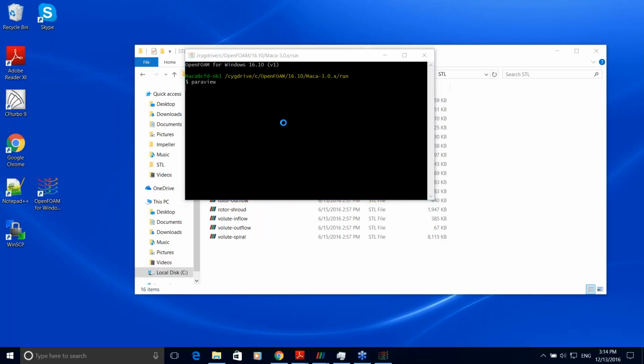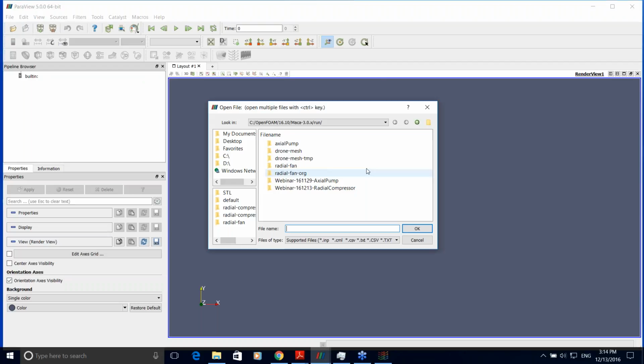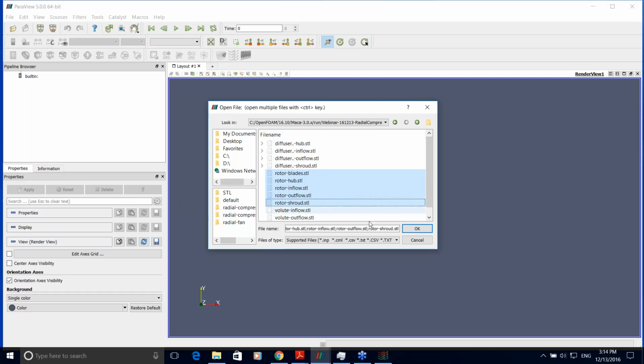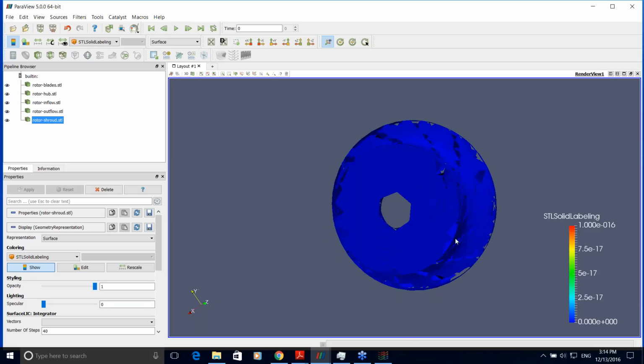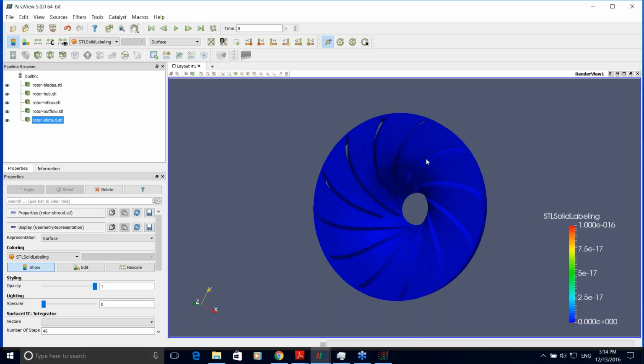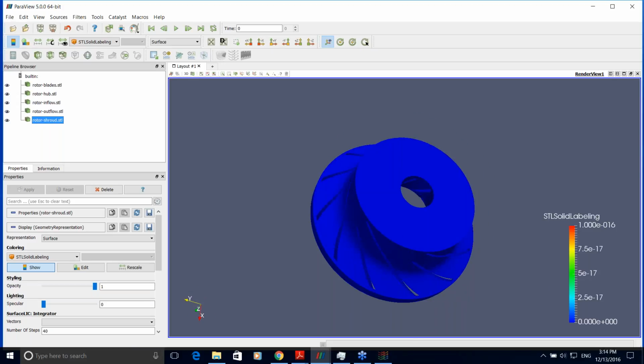So ParaView will be opened, and you can find these STL files in radial compressor, STL, and I for example open just the rotor part, and this is the input for our software. So using this geometry, the computational mesh will be defined. So at the beginning you just need the STL geometry and